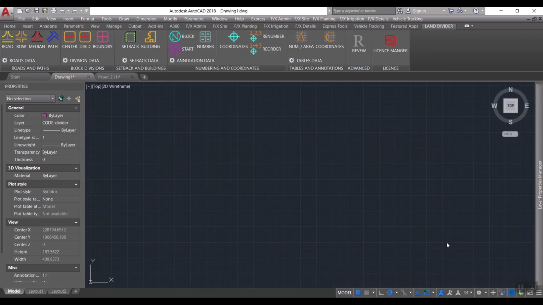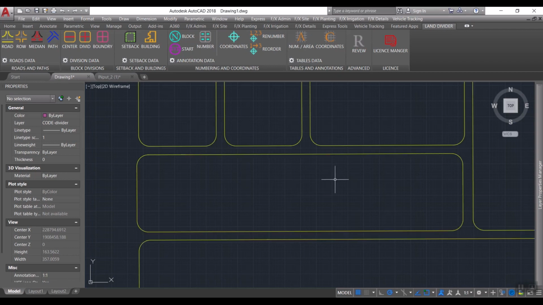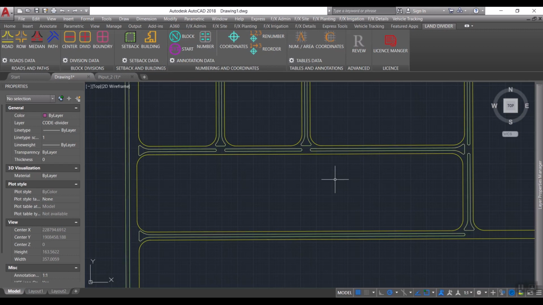Hello. So today we'll be discussing the program Land Divider, which saves time and effort to make the full package for detailed master plans using the conceptual center lines of the circulation network, showing the following elements as you can see in front of you, which are the road limits, the road median, and now I'll show you, you'll see the right of way,